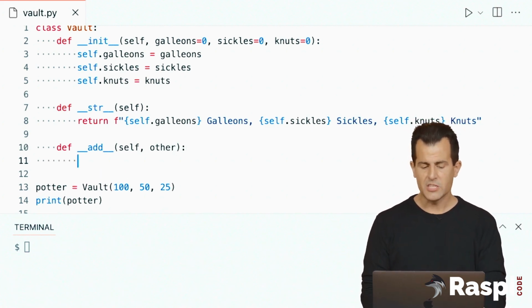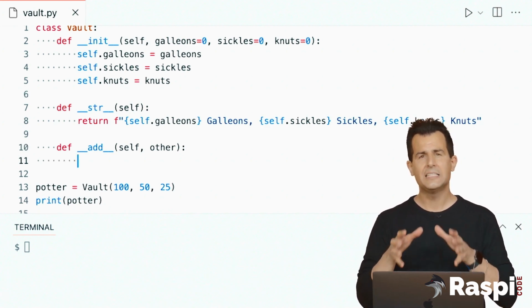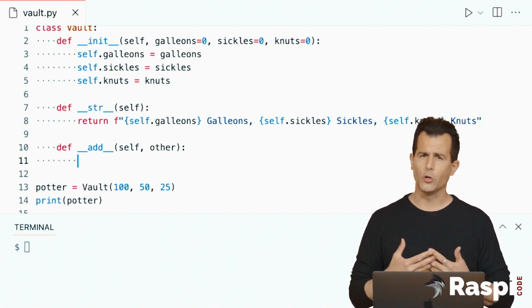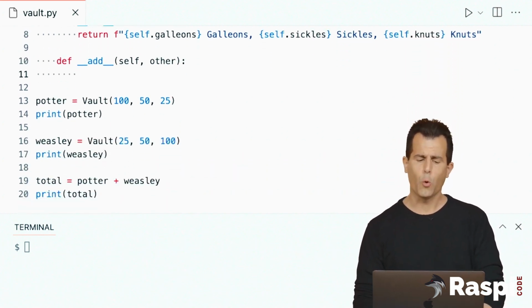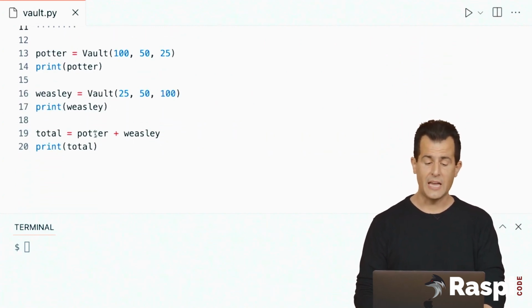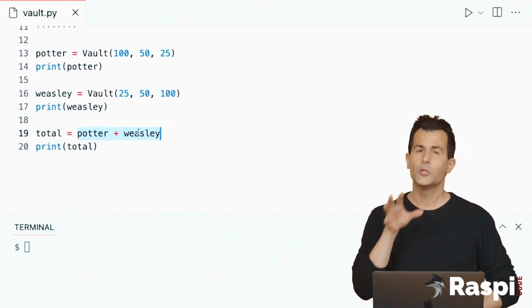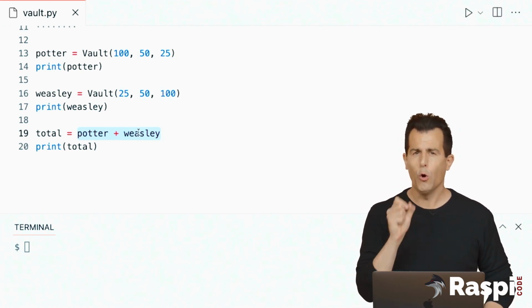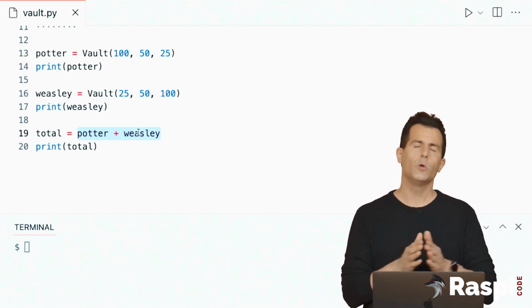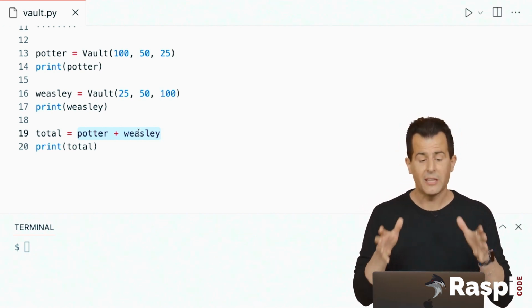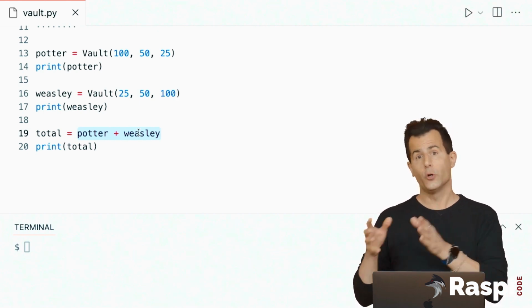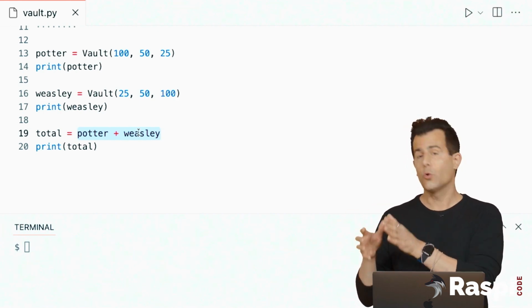And now inside of this method, am I going to have to add together the contents of 2 vaults? Well, what 2 vaults? If we scroll down to our goal at hand, the goal, of course, is to add this vault plus this other vault, Potter plus Weasley, respectively. It turns out in Python that when you overload an operator like plus, as soon as Python sees that, it's going to call that __add__ method,